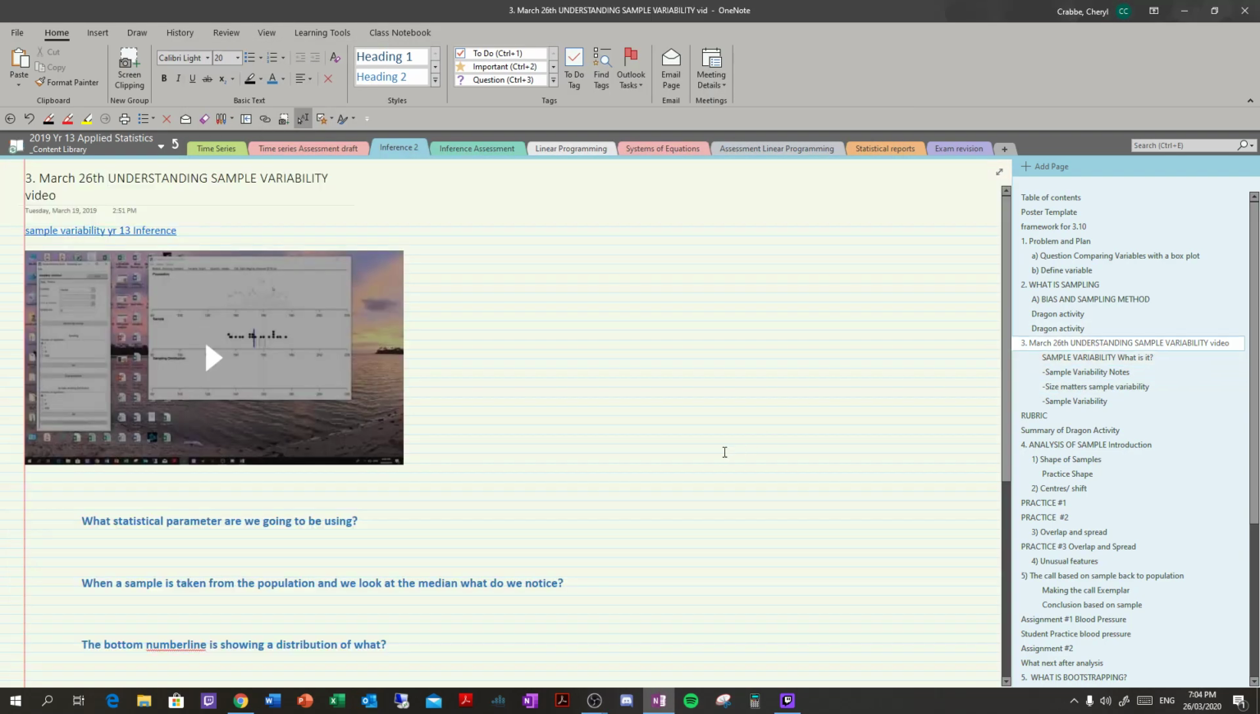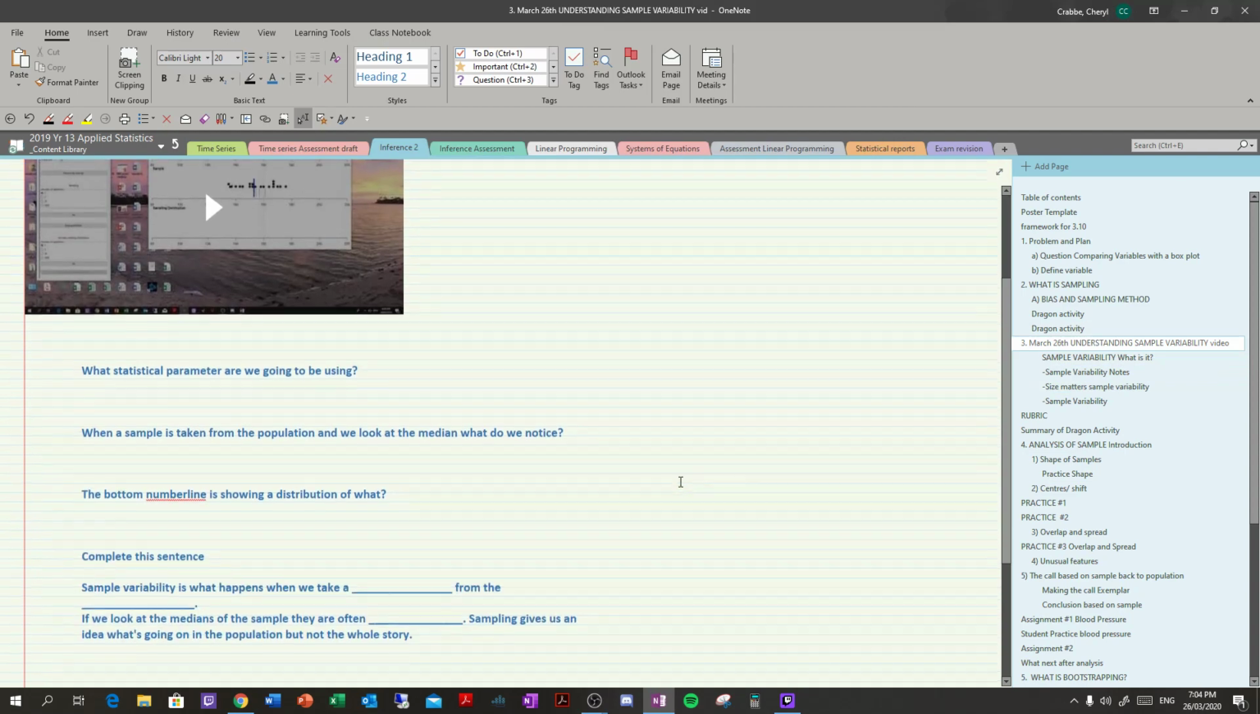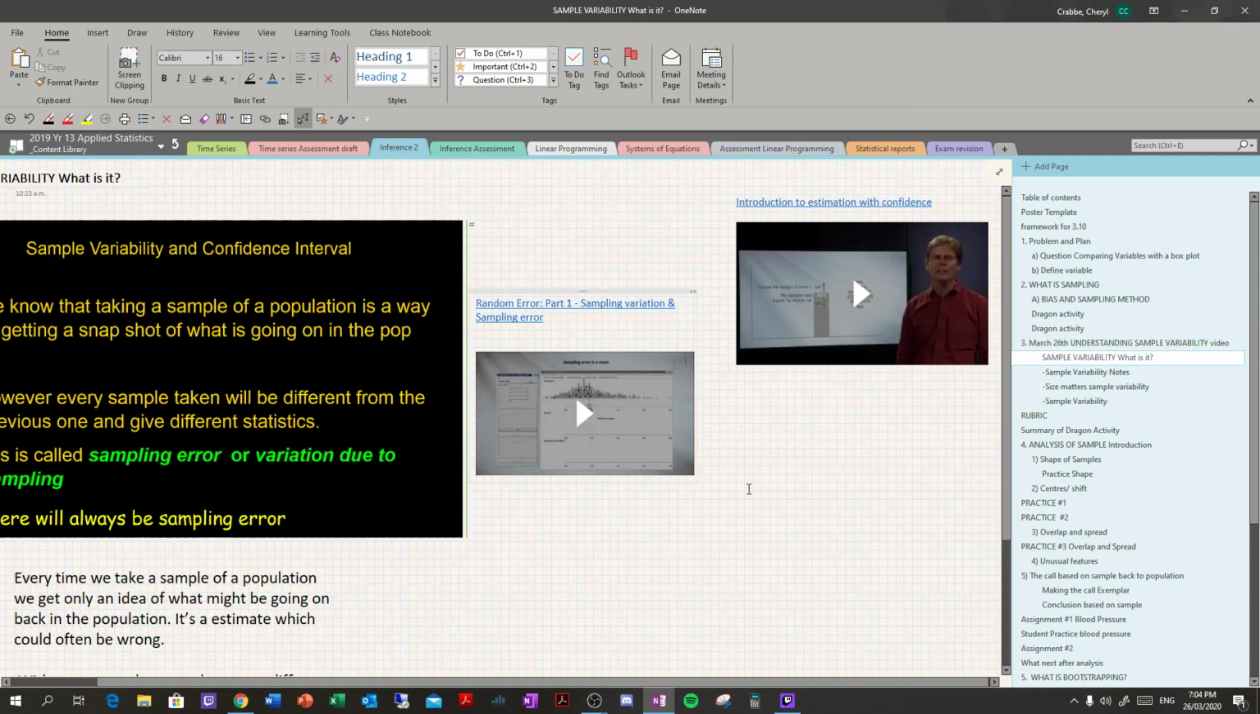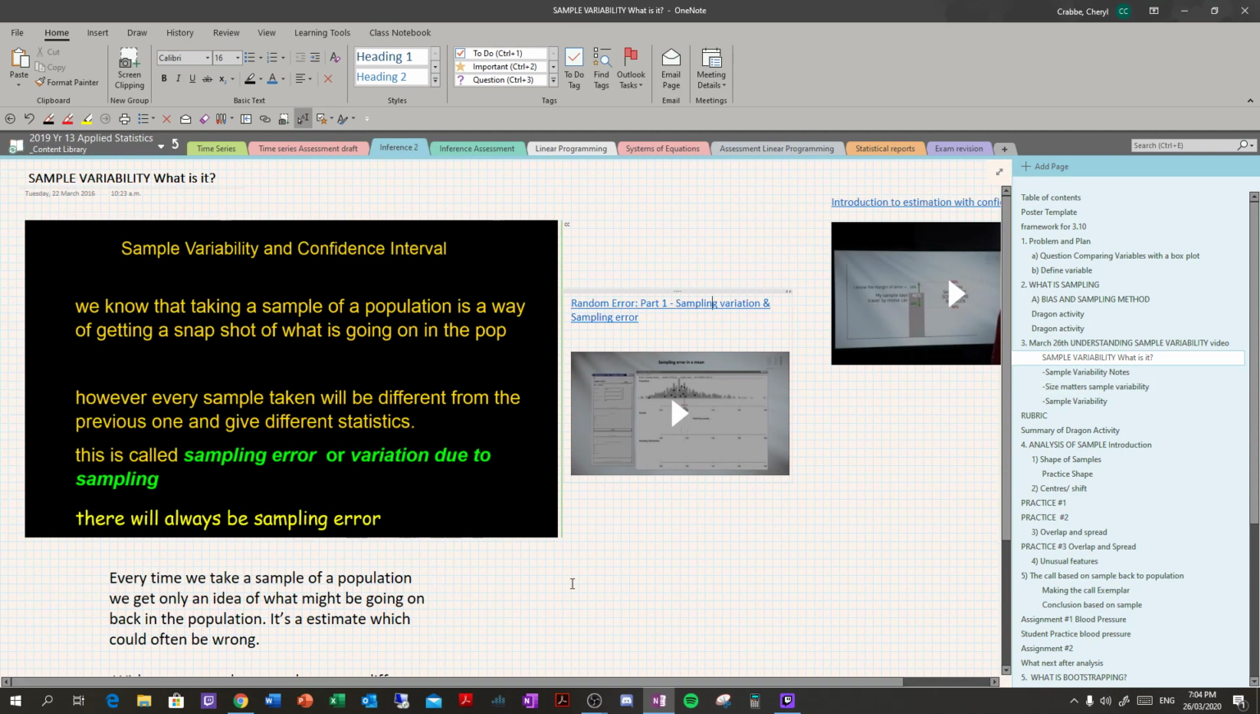Okay, so we've had a look at sample variability, and we should now understand what sample variability is by looking at the videos and so on. We know that when we take a sample of a population, we get a snapshot of what's going on in the population, but every time we take a sample, they're going to be a little different from each other, and they're going to be different from the population, and that's called either sampling error or sample variability,